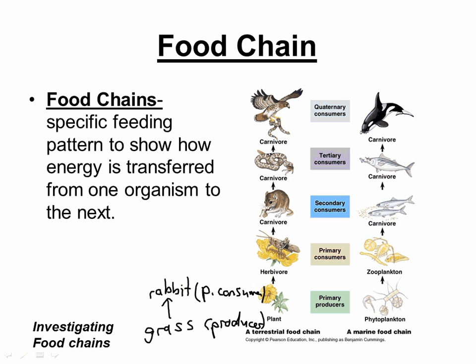So let's move up one more level, and let's put here S for secondary consumer. And for the secondary consumer, we'll use this guy here. I'm sure if you had a big enough snake, you could have a snake eat a rabbit. Maybe it was a baby rabbit or something, an especially cute little furry baby rabbit, eaten by a snake. All right, awesome. Yeah, it's okay. I'm all right with the harshness of the real world.